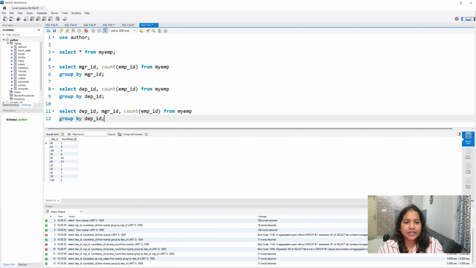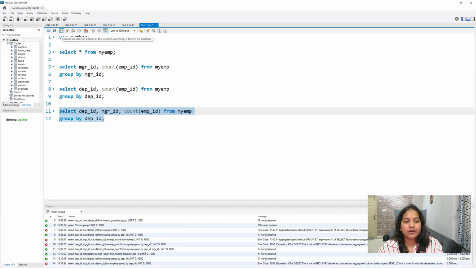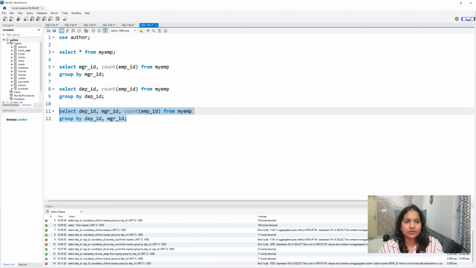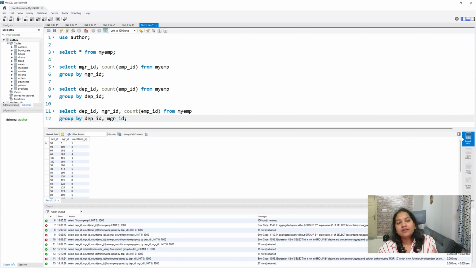Okay. So let's say if you run something like this, what will happen? Your SQL will definitely throw an error saying that expression 2 is not in the group by clause. So you have to put mgr_id also inside the group by clause. So let's say if you run this, the reason why we need mgr_id in the group by clause